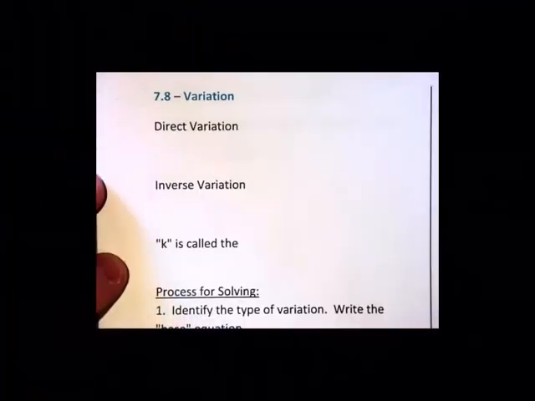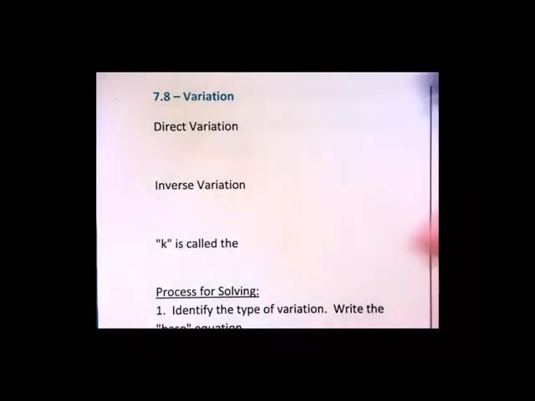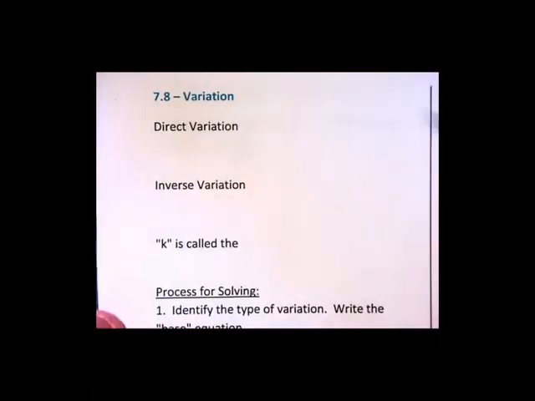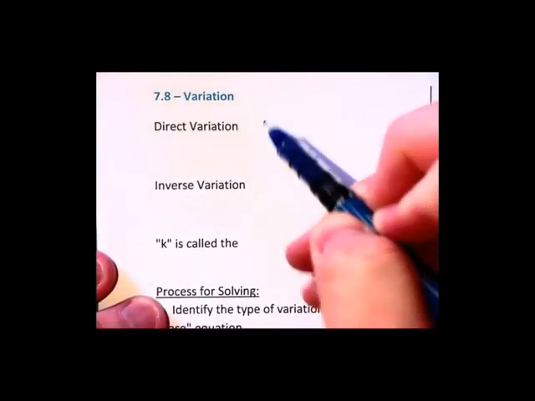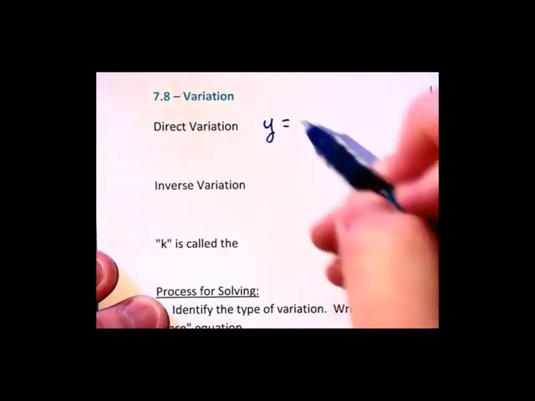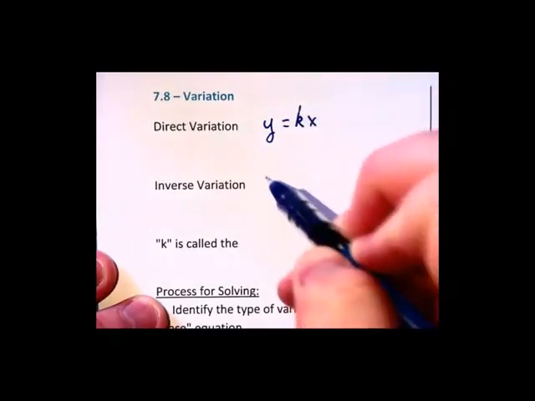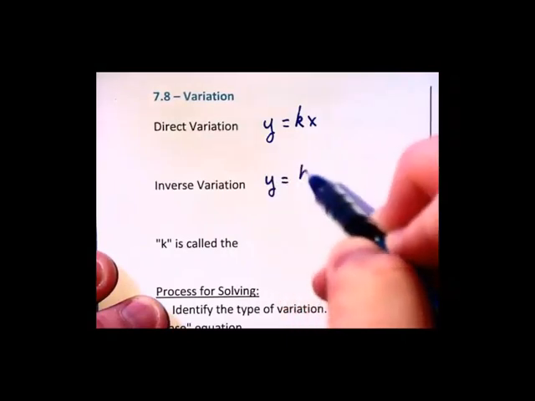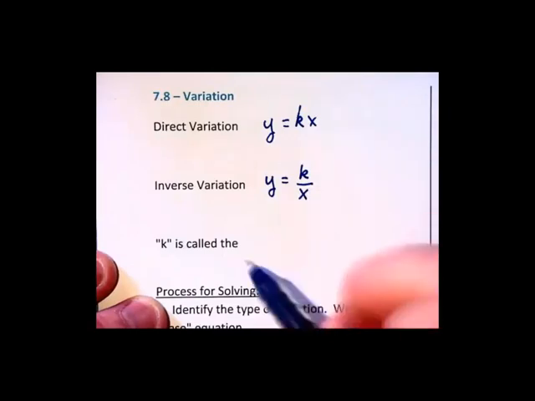We turn our attention to the topic of variation, and the first two types of variation will be that of direct and inverse variation. First thing we do is learn the equations that go along with each. With direct variation, we begin with a base equation of y equals kx. And with inverse variation, our base equation is y equals k over x. K is called the constant